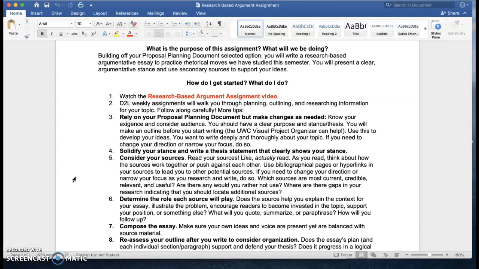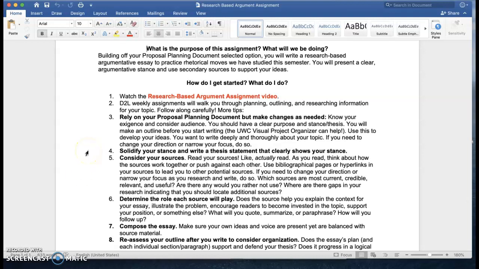What you will really want to make sure that you've done through this project is stay in D2L weekly and complete all the assignments that are going to walk you through everything from planning all the way until the very end. You also want to make sure you've really gone through your previous assignments in D2L, such as evaluating sources, which I cover the week before we start this assignment, just because I want you to go into this assignment already thinking about that need and that importance of reliable sources.